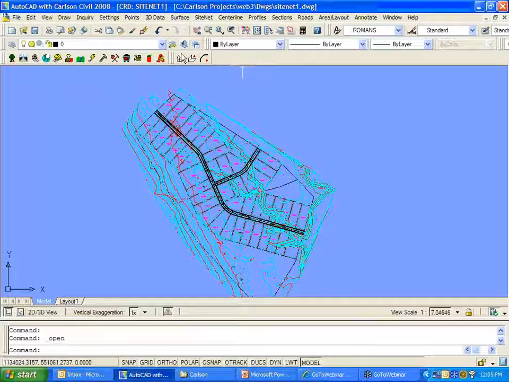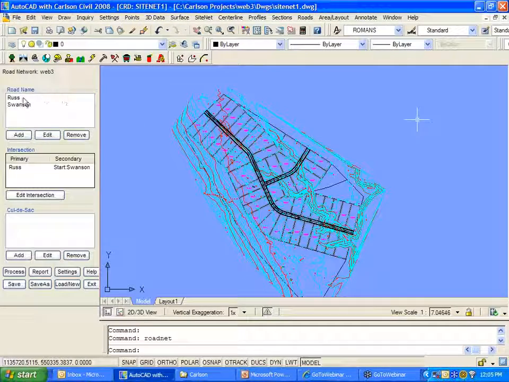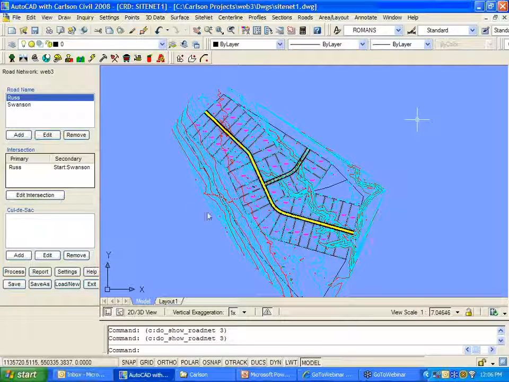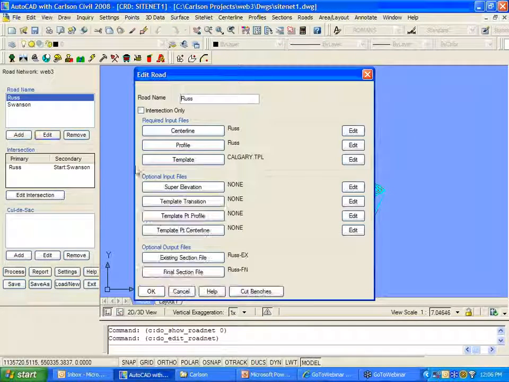Now, what we do is, of course, this was generated with RoadNet and all the road files and so on, and there's essentially two profiles. Let me just show you that real quick. I'll go into the road network, and there's the two roads, 1 and 2, and we're generating profiles, of course. This is the long road. It's called Russ, and we go into this profile, and of course, it's called